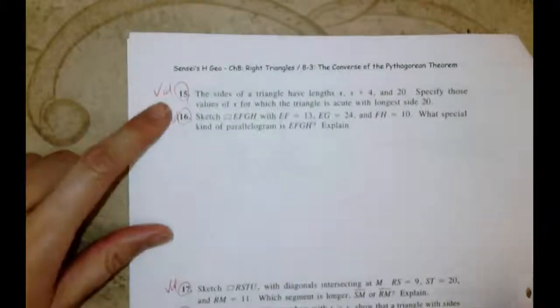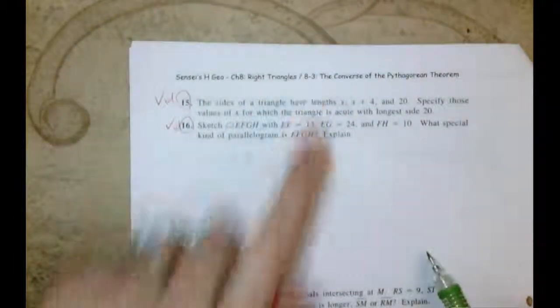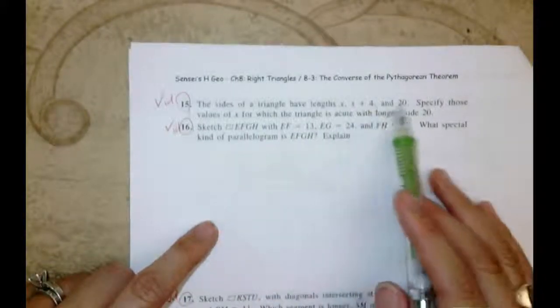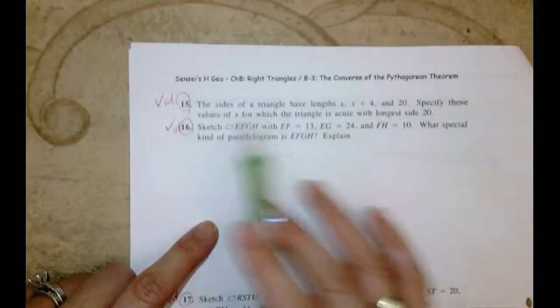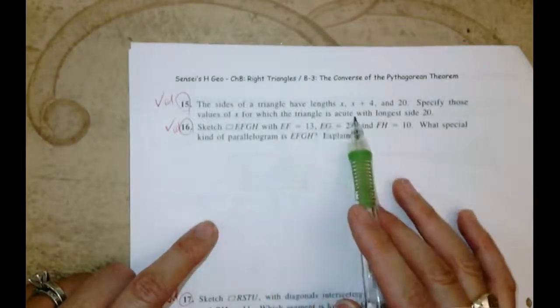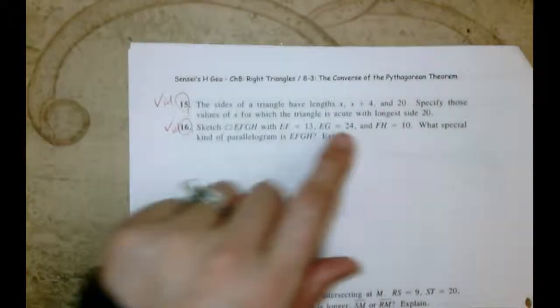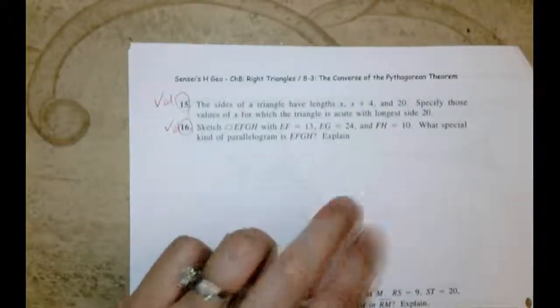Okay, this is 15 on 8.3. The sides of the triangle have lengths of x plus 4 and 20. Specify those values of x for which the triangle is acute with longest side 20. Okay, so if you could get through all this and then got to the